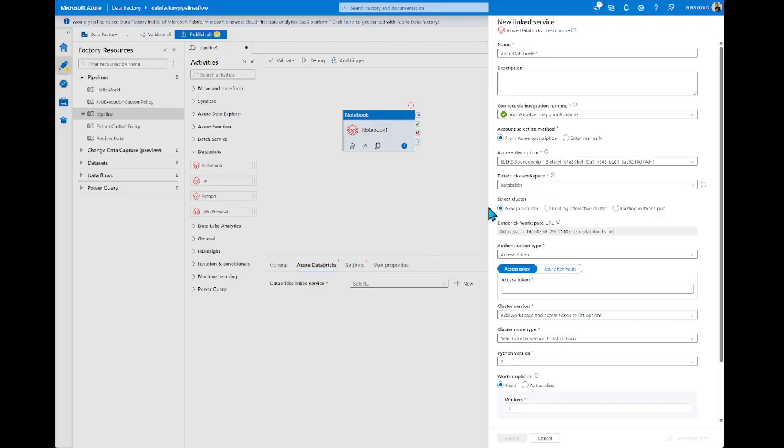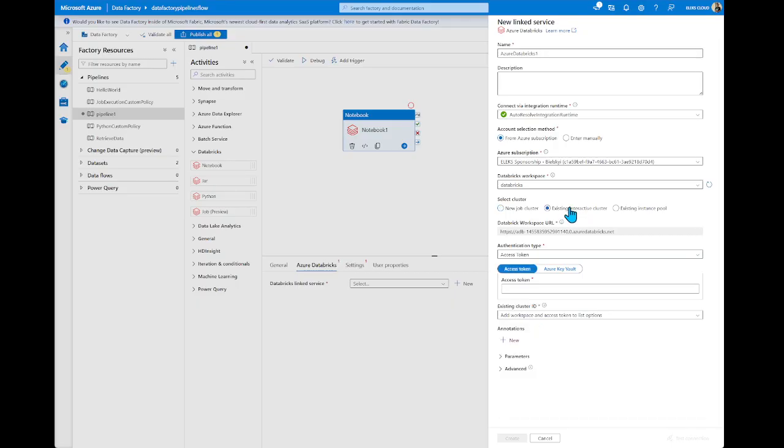The next step, we have information where we need to specify what we need to do. Should we use a job cluster? Should we use an existing cluster, or should we use a pool? In this particular case, I'd like to use existing shared clusters that I already have.